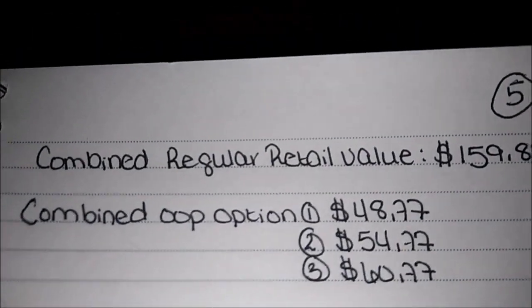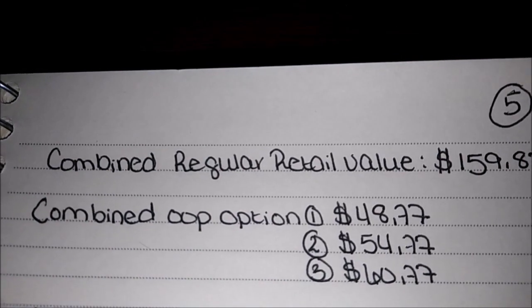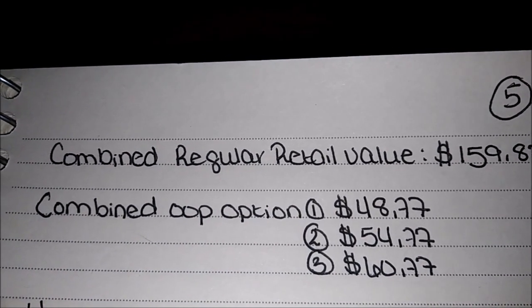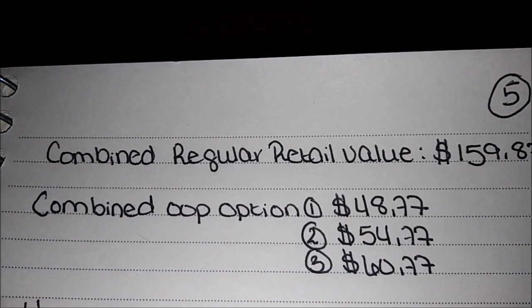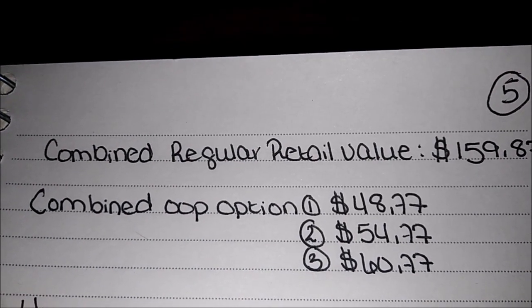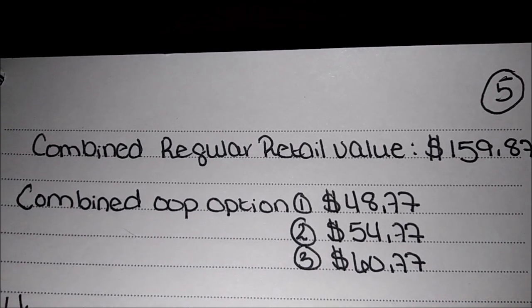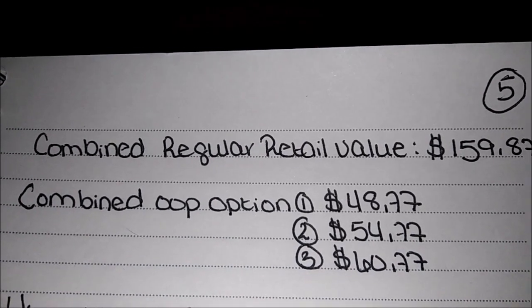Now, if you are not going to wait to go a second day and roll your rewards, you will have a combined out-of-pocket of $48.77. Now, option number 2 would be $54.77 combined out-of-pocket, and option number 3 is